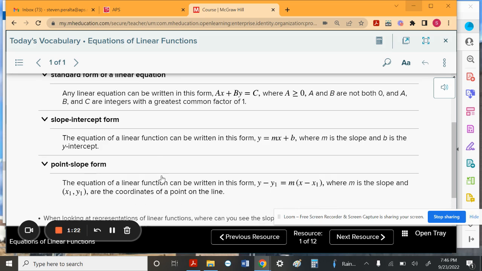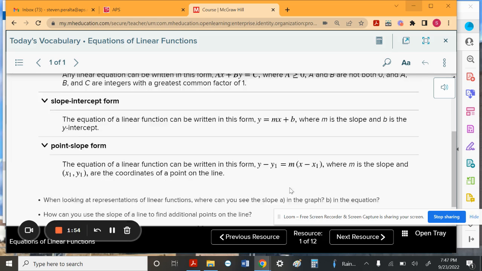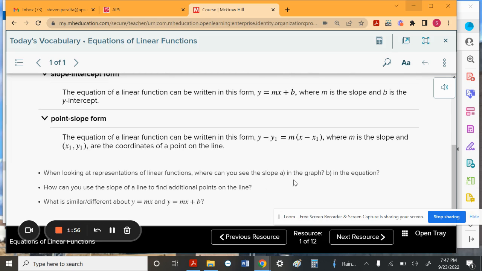And then point-slope form, we have y minus y1 equals m times x minus x1, where (x1, y1) is a point on the line. It can be any point. Normally, a lot of times you may use the intercept. One of the two intercepts could be the x-intercept or y-intercept. It doesn't have to be, it just has to be a point somewhere on the line. And then this x and y will just stay exactly where it is, so we would just leave it in the equation. And I'll explain that once we get there. Okay, so let's move on to